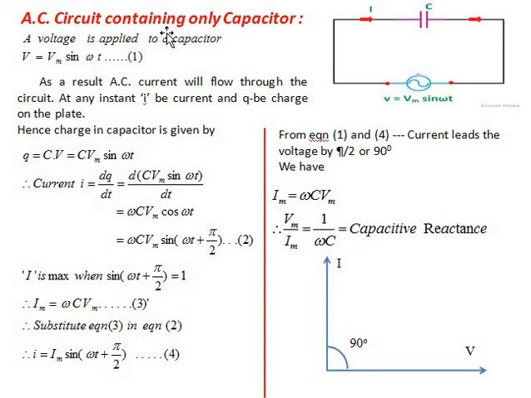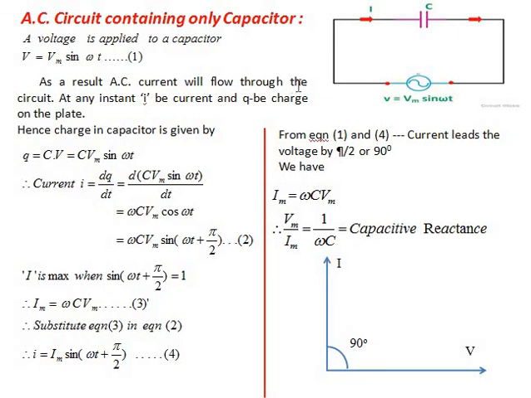Okay. Now dear students, let us study the AC current passing through a circuit containing only a capacitor, or a pure capacitor. So we studied the current through the pure resistor. Now we are going to study the AC current through the pure capacitor, and then we study the AC current through the pure inductor. So by using all these three, we are going to study the AC current through the LCR in series as well as parallel.